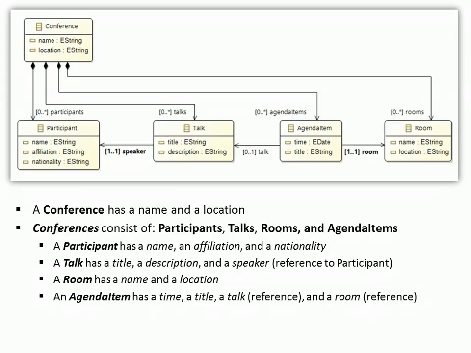A conference has a name and a location and consists of participants, whereas a participant has a name, an affiliation, and a nationality. Conferences also provide talks, which have a title, a description, and a speaker, who is a participant. A conference also needs rooms for the talks, which are described through their name and location. To manage the talks, a conference consists of agenda items, which define the time and domain title for a talk,